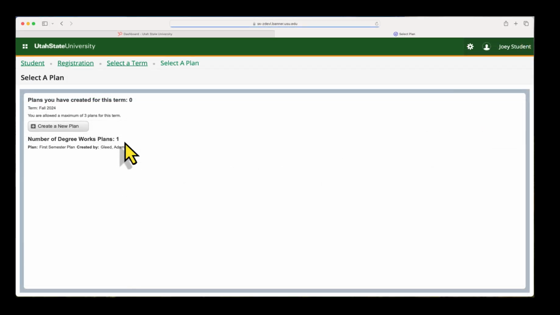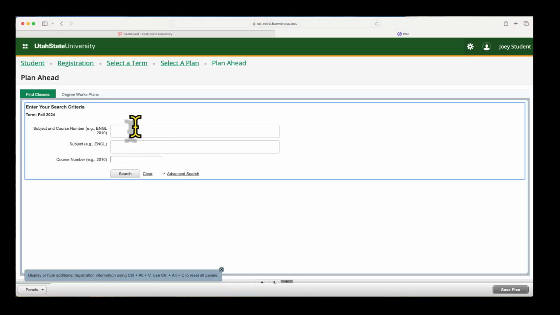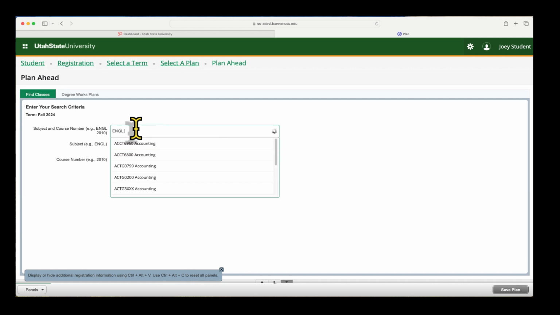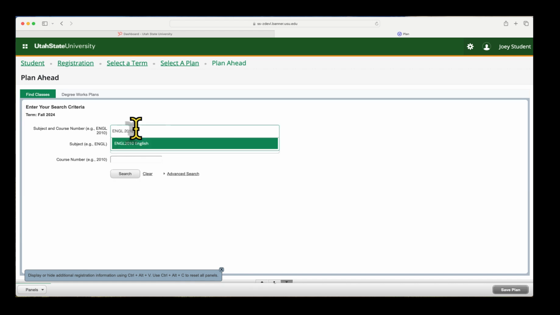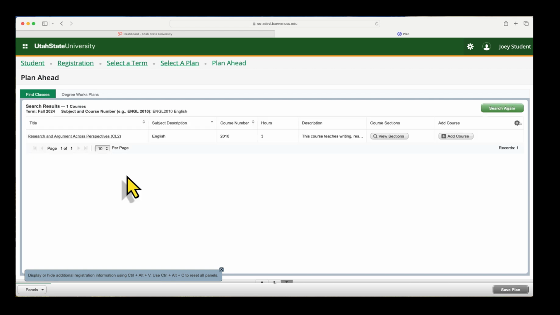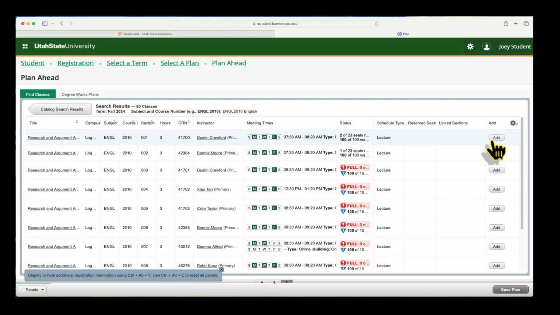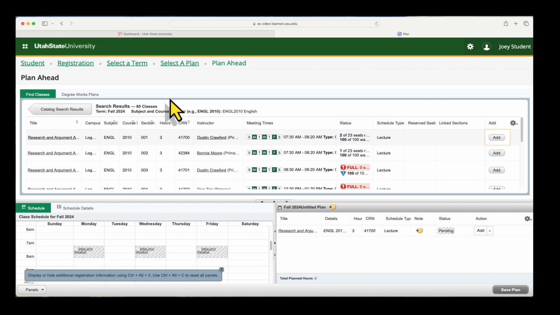In this example, there are no existing plans, so we're going to create a new plan. From here, you can search for classes to add to your plan. It's important to note that the system doesn't do any prerequisite or error checking until you actually go to register for the courses in your plan. Be sure to meet with your advisor to ensure that you are eligible for the courses you are planning on